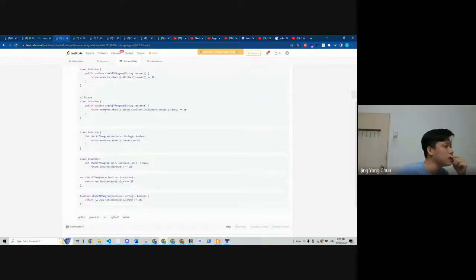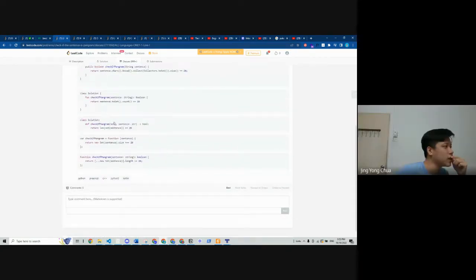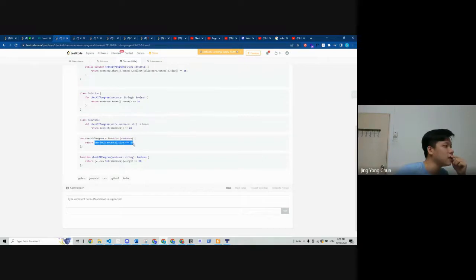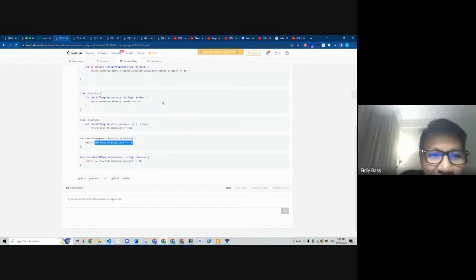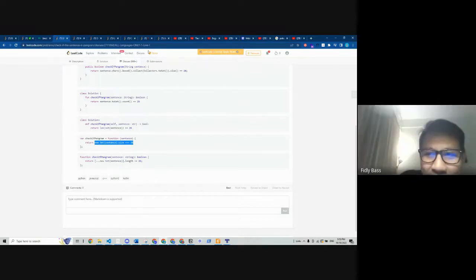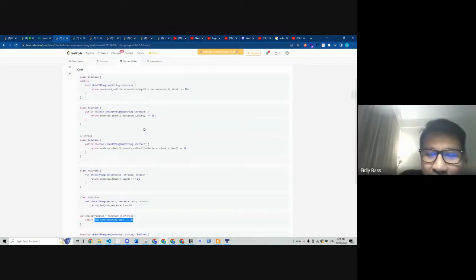So what did they do? Where is this one? I think it's this one. Yeah, it's that. They just return. I see. No console log, right? Usually we don't use console log when submitting the answer, because we just need to see the output.